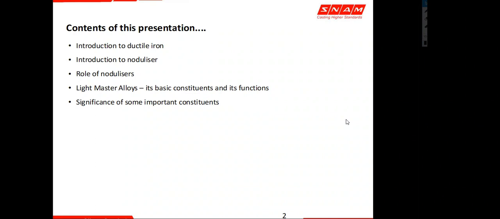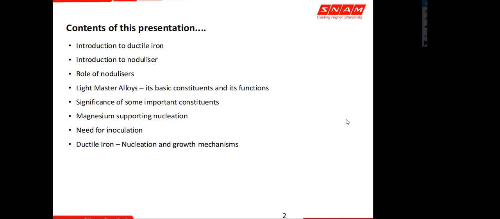So we will see the significance of every individual constituent in a light master alloy, and we'll also be discussing how magnesium supports nucleation. So what is the effect of magnesium over nucleation, and why do we need to do inoculation? This is one of the major questions which would be in the minds of foundrymen. So we'll be discussing why we need to do nucleation or inoculation, and we'll be briefly discussing